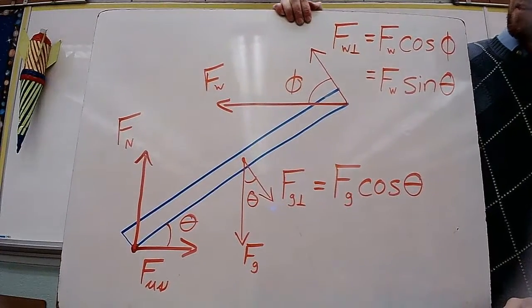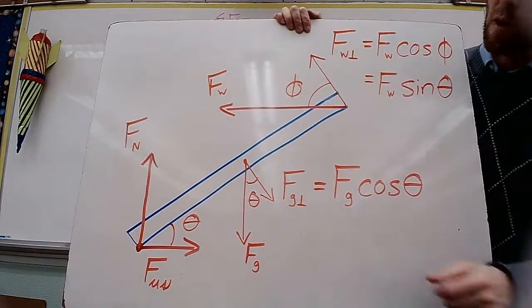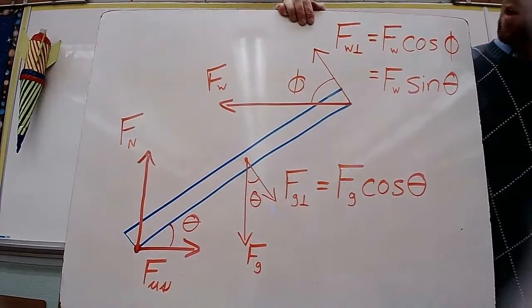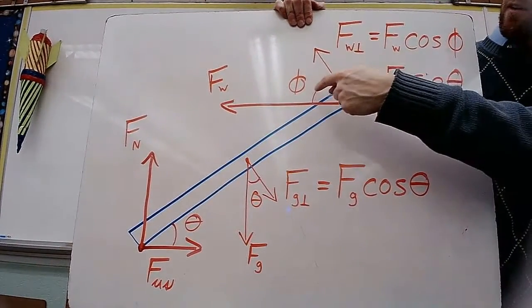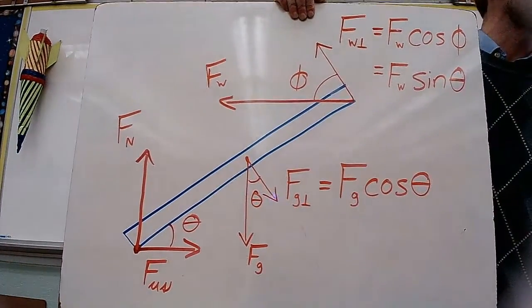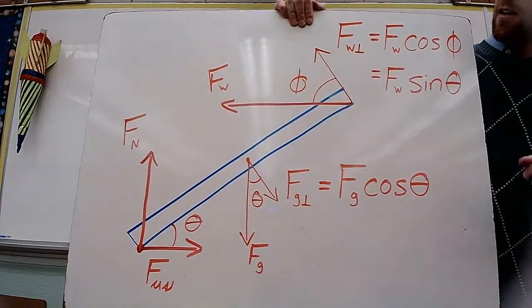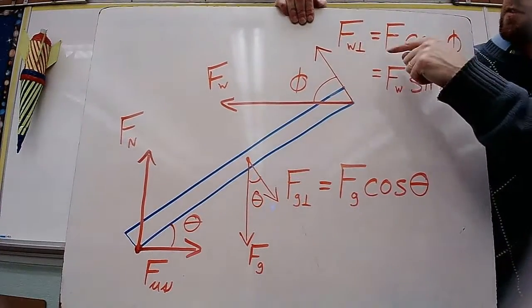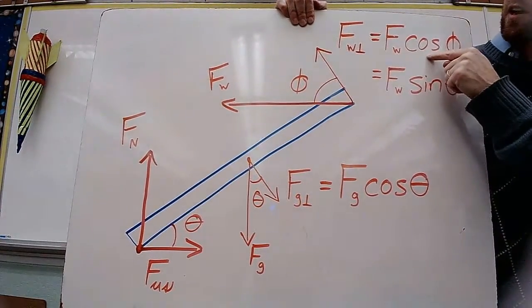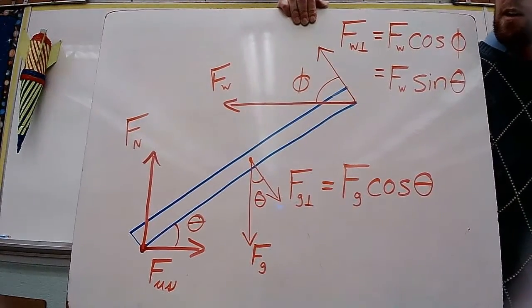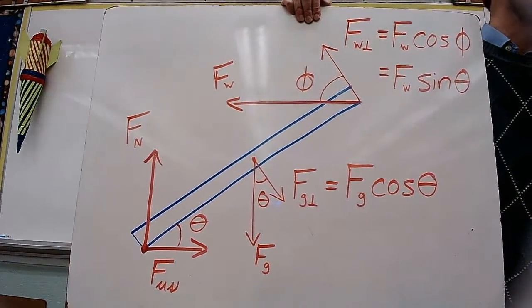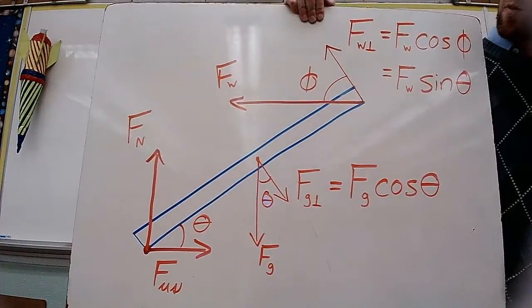Now, because this question is asking about this particular angle, when I start to figure out the angle up here, from the force of the wall that's acting perpendicular, automatically you think, well, it's force of the wall times the cosine of phi because it's the adjacent side. And you'd be correct. But the thing is, we're not dealing with phi here. We need to figure things out about theta.